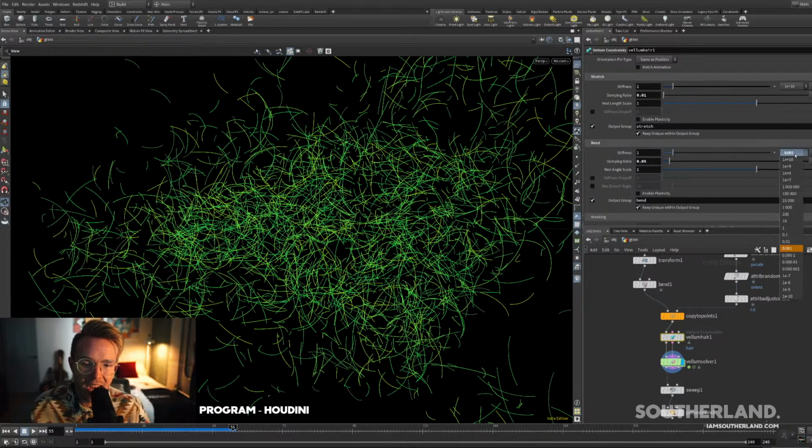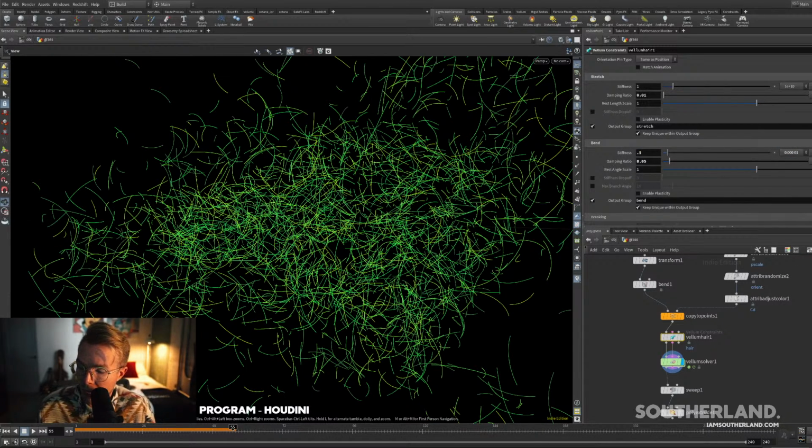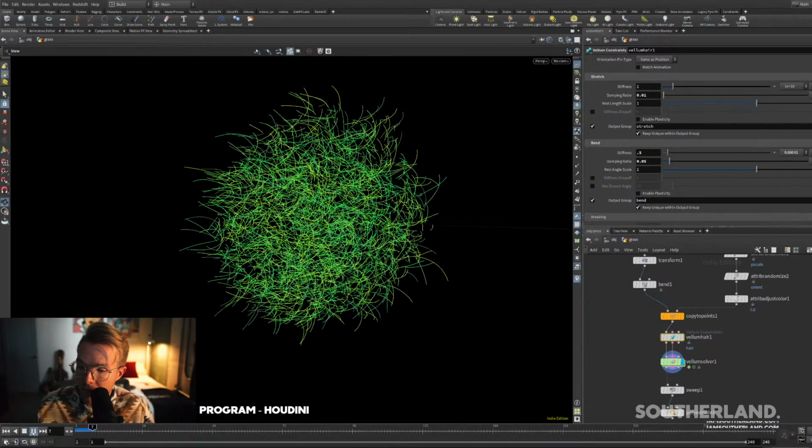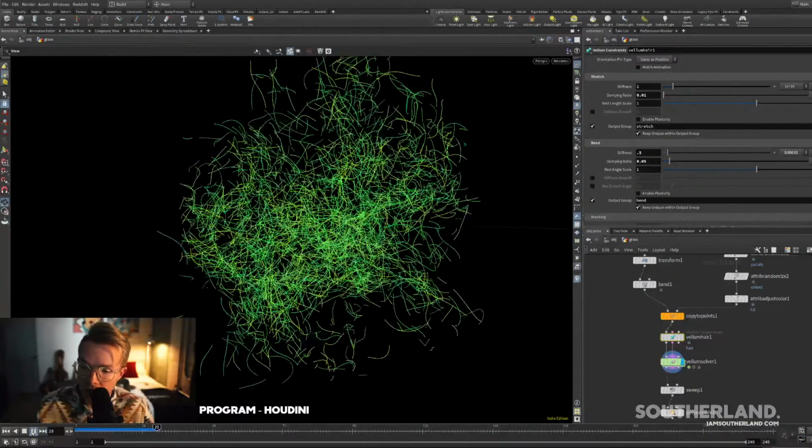So we're going to turn down our bend stiffness to 0.000. Maybe it's just easier to see it that way, so 0.1. And then we're also going to bring it down to 0.5. So remember what this looks like. We're going to go back and watch the same turbulence and then watch how all of these guys kind of